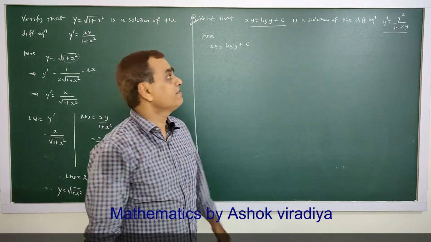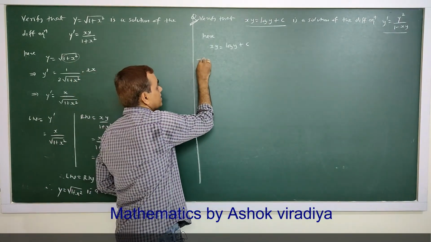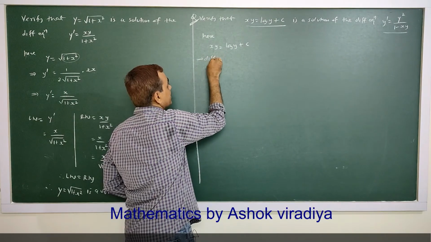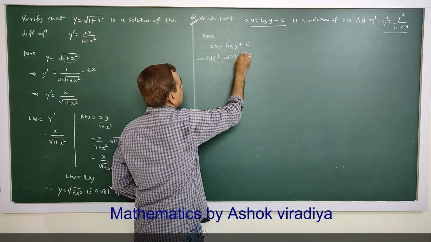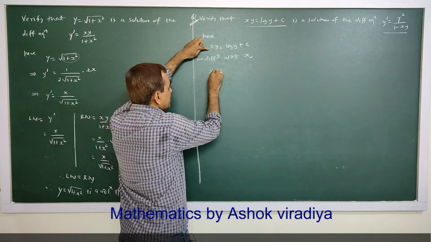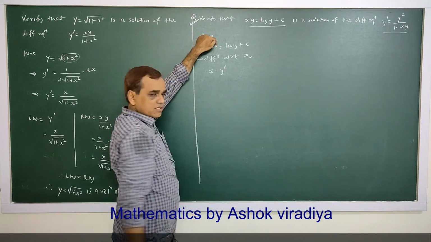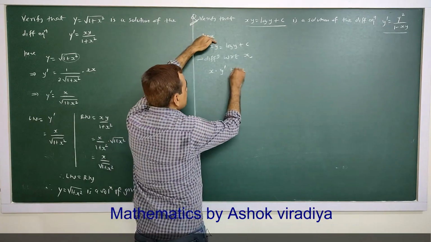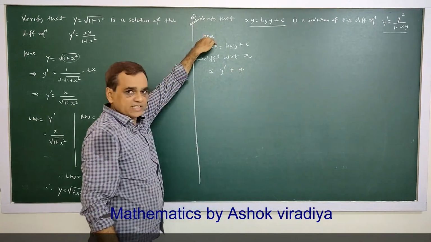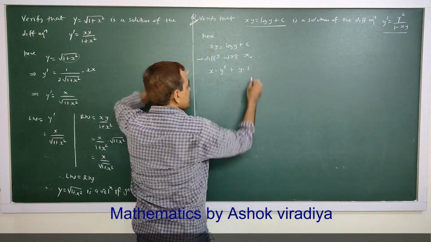Now differentiating with respect to x: x as it is, derivative of y is y dash, plus y as it is, derivative of x is 1, equal to